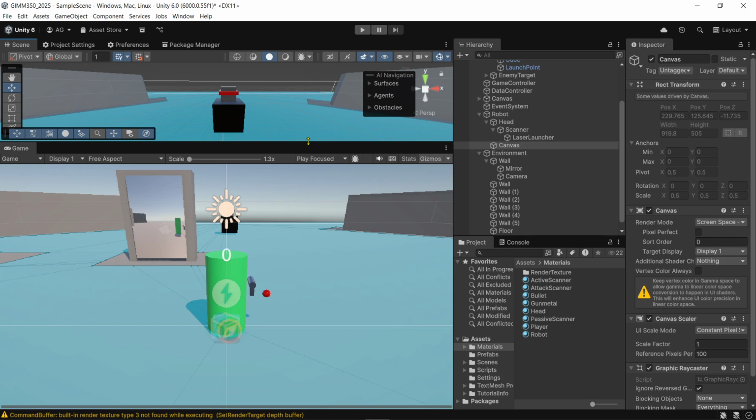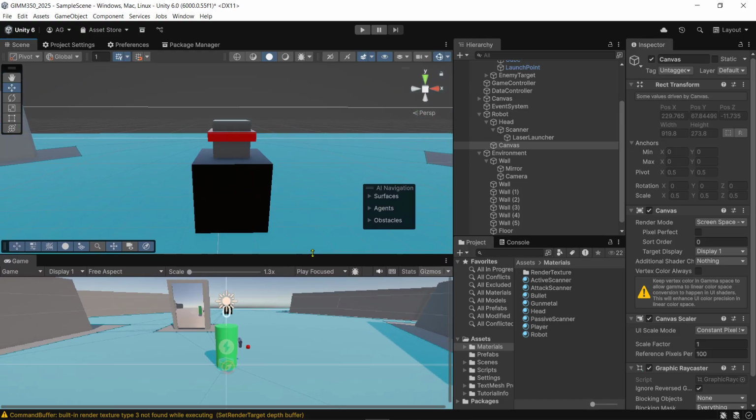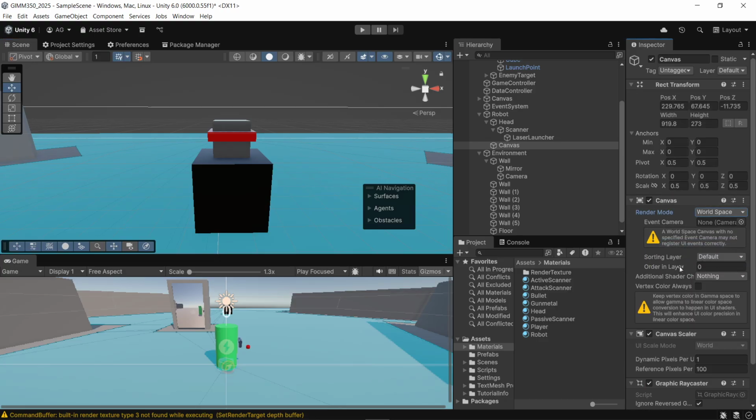if you're doing that, you want to dial it into your screen size. Otherwise, it's going to move around a bit. So to avoid that, because this isn't attached to the player, it's going to be attached to the robot, from our render mode of the canvas, we're going to switch this to world space. And so that brings it into just one spot. We don't need a special event camera. We're going to set the width to 2, the height, so let's call it 0.3, and then we'll set its position to zeros for a moment,